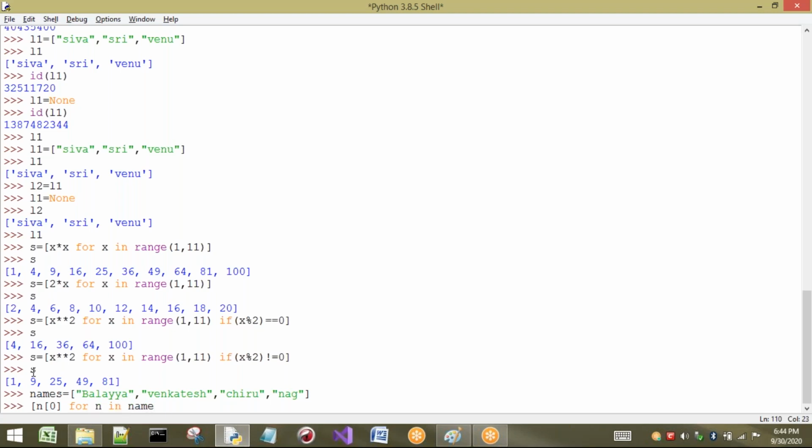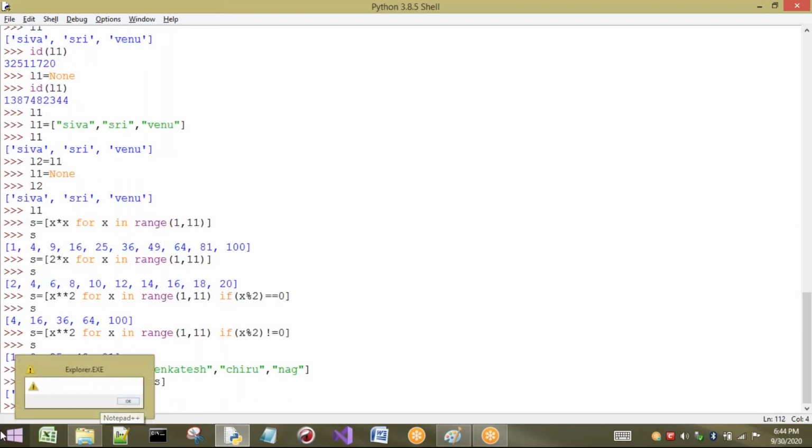So for every element in names, that is going to be stored in n. From n, it is going to take only n of 0. Then let us see what happens. Okay, see here. I have not stored it in any variable. Directly I'm going to print. So we got B, next V, next C, and next N. So to print the first characters of the names, we can do this type of operation.